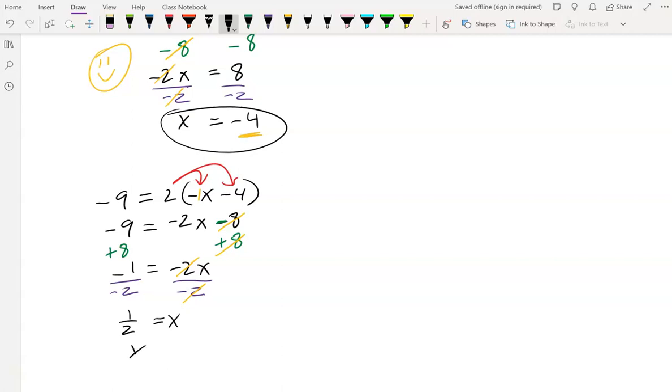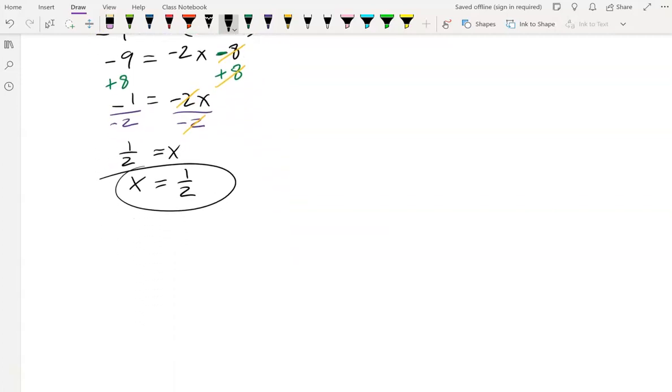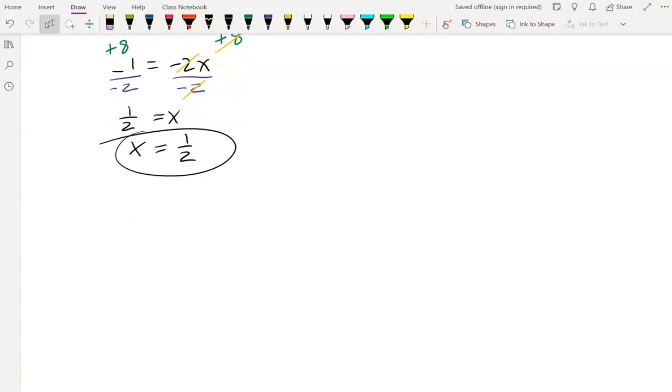You know how I like to have my variable on the other side, so I'm going to turn that around. X equals positive 1/2. All right, there we go. Marvelous. And we'll just circle that, and that is the correct answer. Okay, beautiful. Let's keep going. Our next problem is